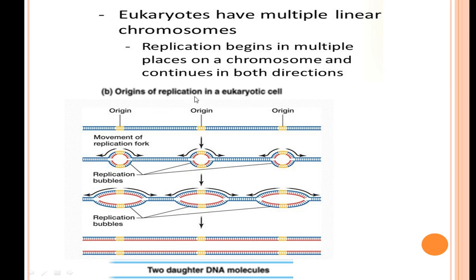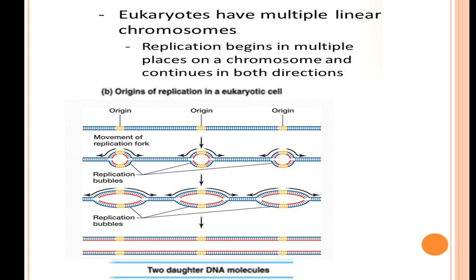So here you can see origin of replication in eukaryotes. Eukaryotes contain giant DNA molecules, and so each chromosome has hundreds of different origins of replication. It is a complex process and involves a number of enzymes and protein factors. As the DNA molecule is very long, the two strands of DNA cannot be separated to its entire length due to very high energy requirement also. So the replication occurs within a small opening of the DNA helix called the replication fork.